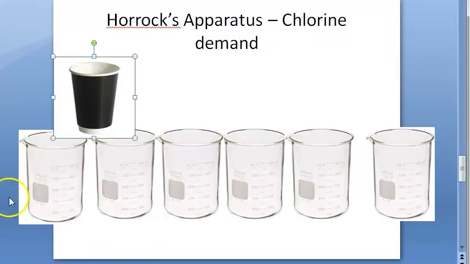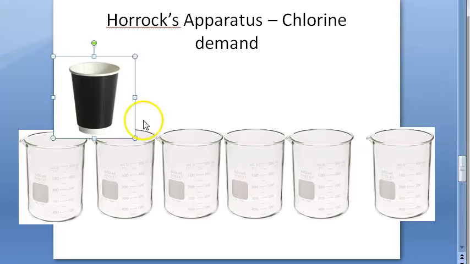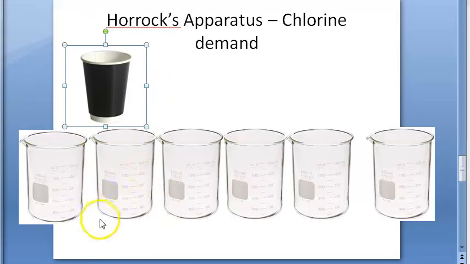So now let us start off with the actual procedure, guys. In this cup, you take 2 grams, or 1 level spoonful, of bleaching powder in the black cup, and make it into a thin paste with a little water. Then you add more water to the paste, making up the volume up to the circular mark they have given. So 2 grams of bleaching powder plus water you have added. Which water will you add?